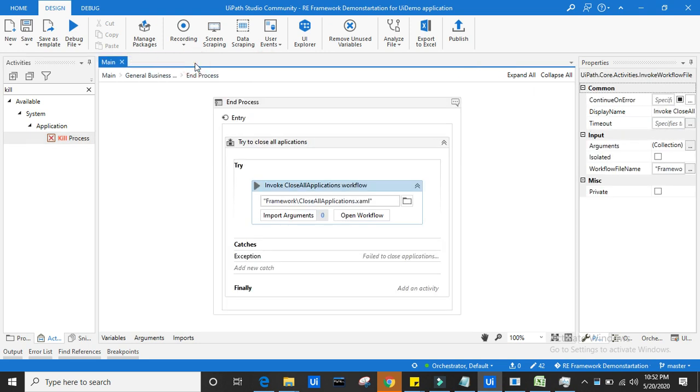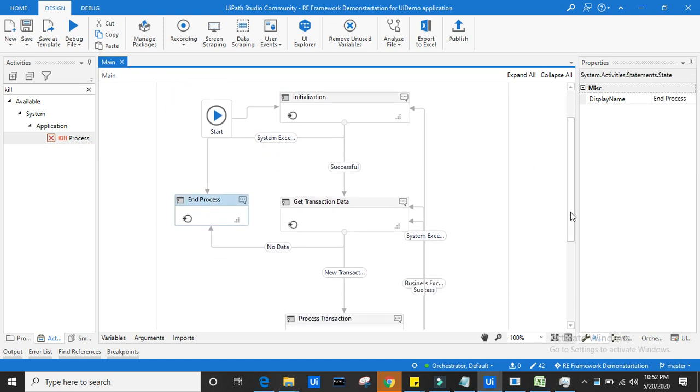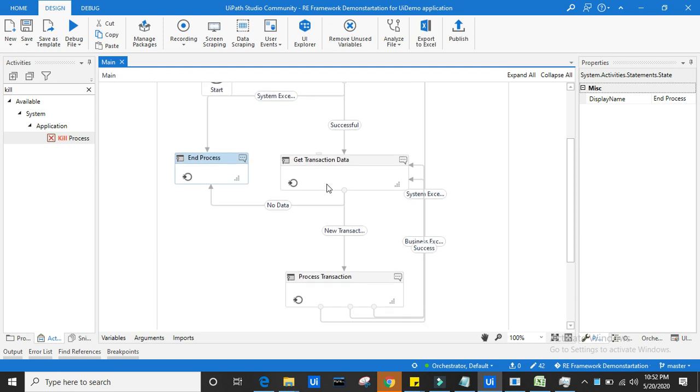So logically, in get transaction data, this state will keep on getting the transaction data. If there is no transaction data, if out_transaction_data is nothing, it will end the process.